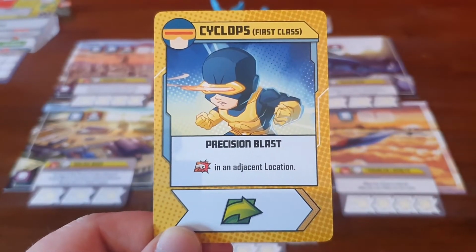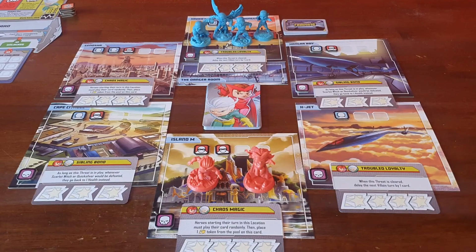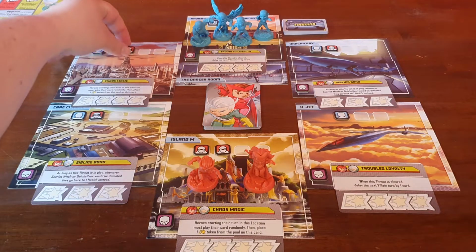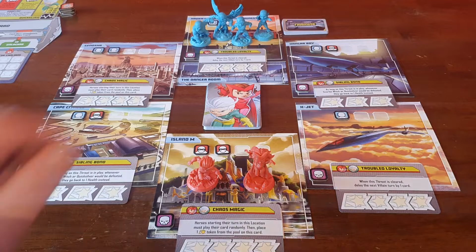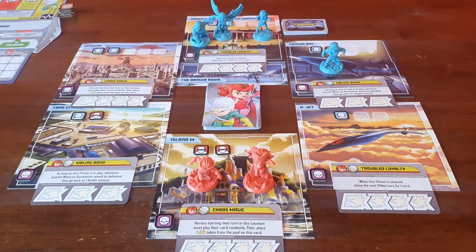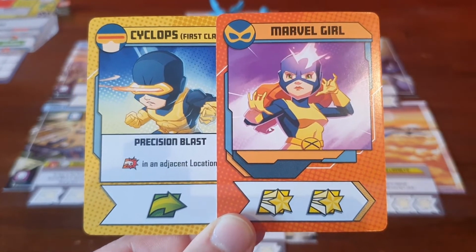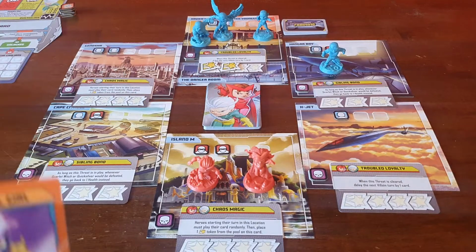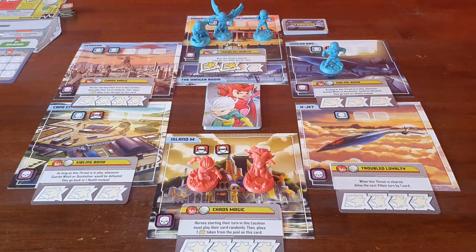So Cyclops is up first and he's going to do a precision blast. He's going to punch in an adjacent location. And so I'm just going to get rid of one from here. First thug defeated, and then he is going to move just to there. So Marvel Girl's up next, Jean, and she's going to play her double heroic. So basically we put 2 heroic tokens on there, and we could do getting rid of that because it delays the villain turn by 1. So we'll be able to do that next time round, and she's just going to move